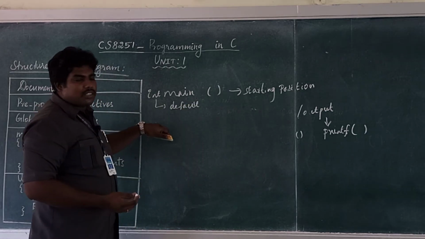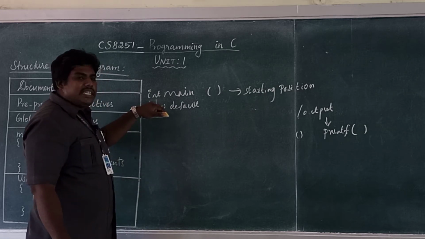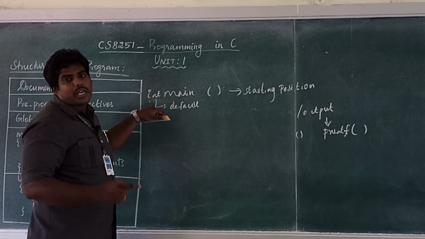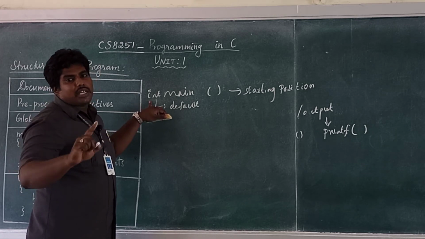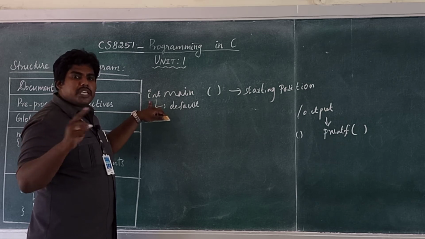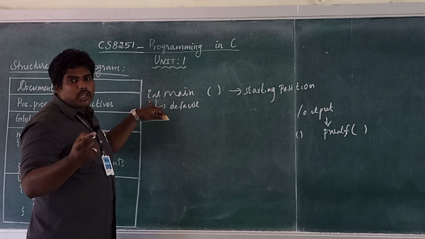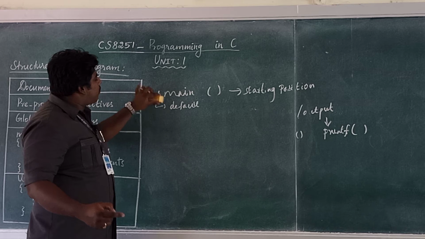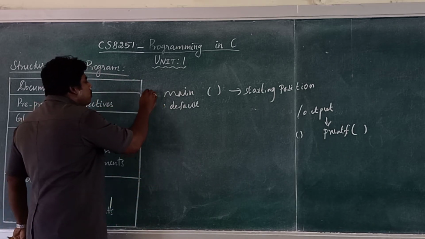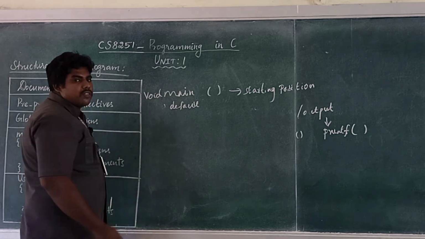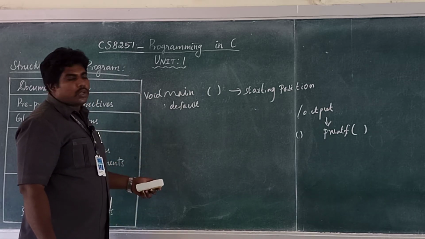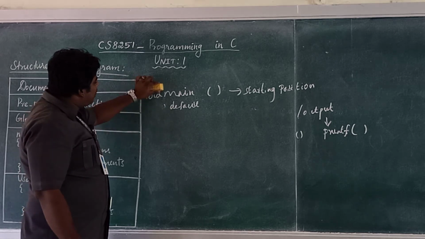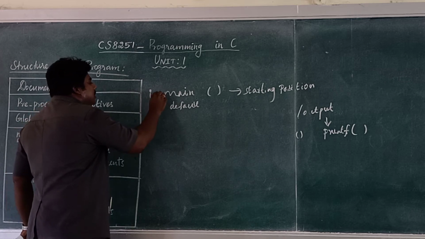What's the meaning of this? This is the function. If you put int here, the function will return one answer, that is an integer answer. All functions should return a value, like what you learned in Python also. If it is an integer value, you have to put int here. If it is not returning anything, we have to use the data type void. Void is also a data type here. If you want to return a character, you have to put char. Float means float.